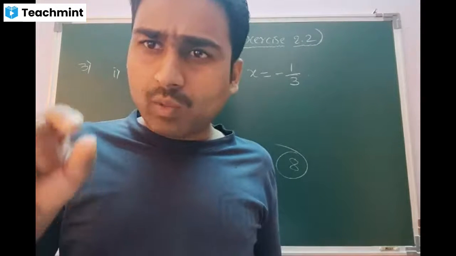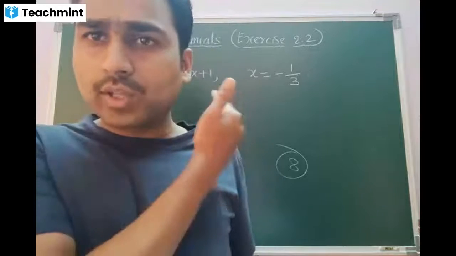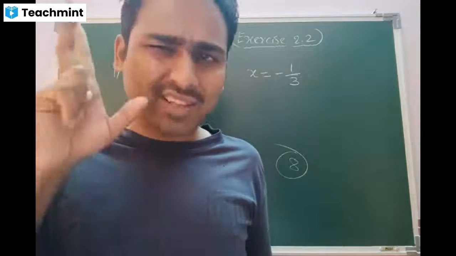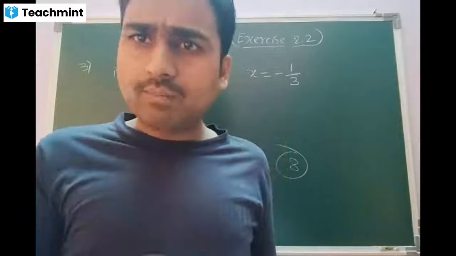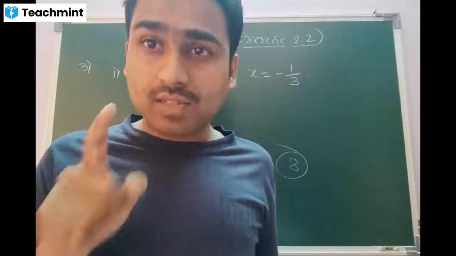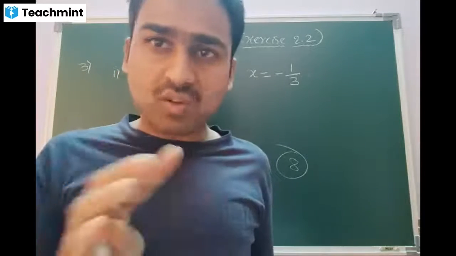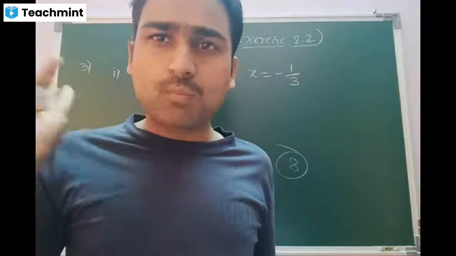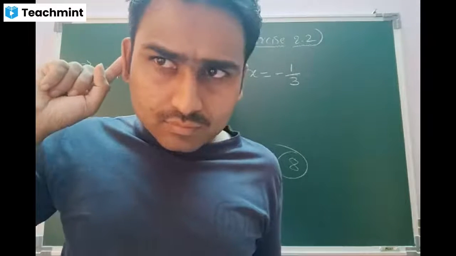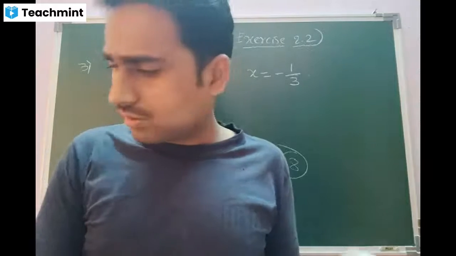Every time, whatever the value they have given, you have to take and substitute in the polynomial, and solve it. How we have done in the first main, second main, in the same manner, solve it, get the final answer. If the final answer is 0, you have to say Zindabad. If the final answer is not 0, some other value, you have to say Murdabad. Understanding? Yes, sir. Now, beta, what is this Zindabad and Murdabad here?